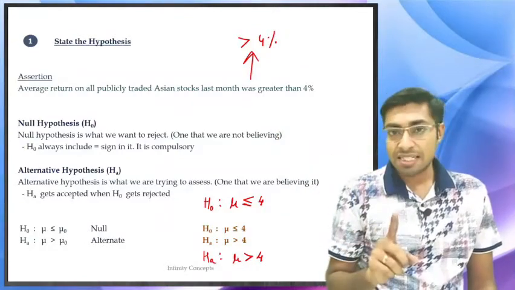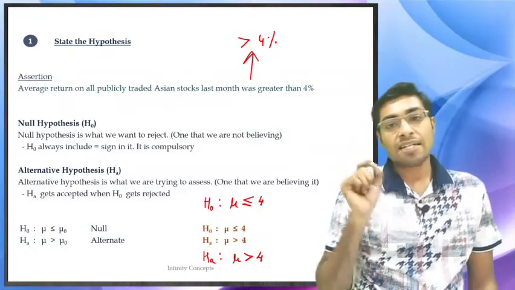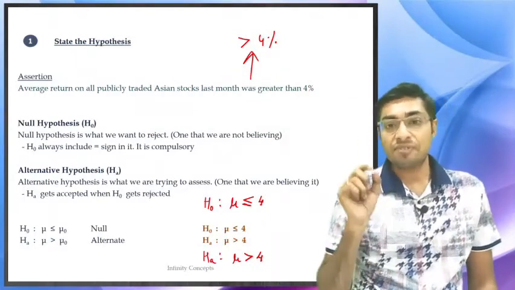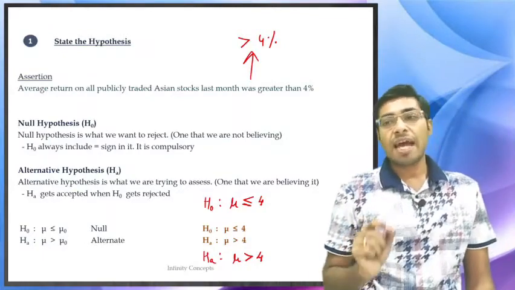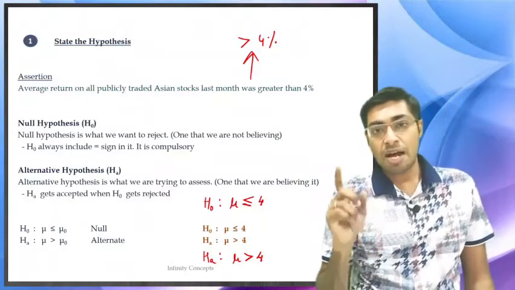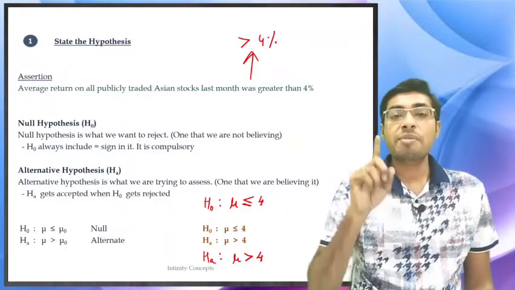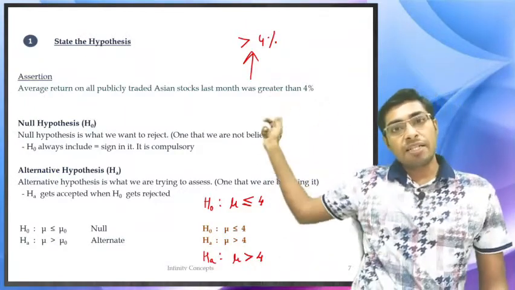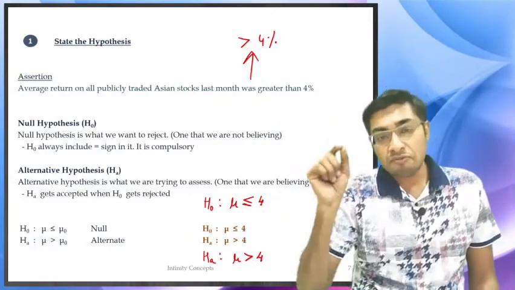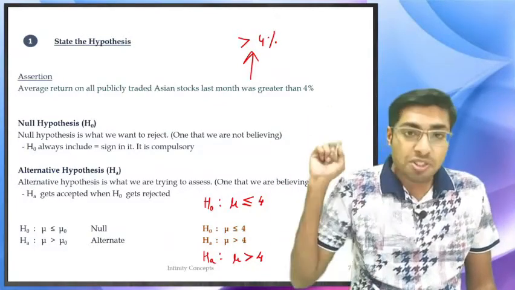Now for the hypothesis testing that we are going to do, we first go with step 1, which is to state the hypothesis. When we go about stating the hypothesis, there are two things. First, understand what the null hypothesis is, and then the opposite of that will be the alternative hypothesis. So you will have to state the null and alternative hypotheses. What will be the null hypothesis? The null hypothesis will be the opposite of the statement that you have made. The statement that you have made here is that the population mean is more than 4%. So your null hypothesis will be the opposite of that.